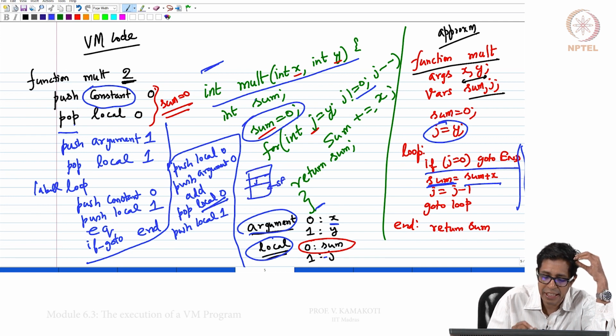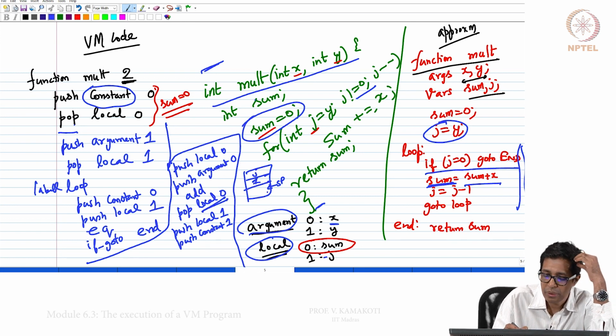This is the stack pointer, j gets loaded. Now push constant 1, so 1 comes on the top of the stack, and now SP is right.